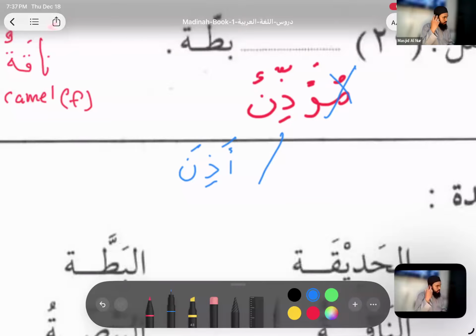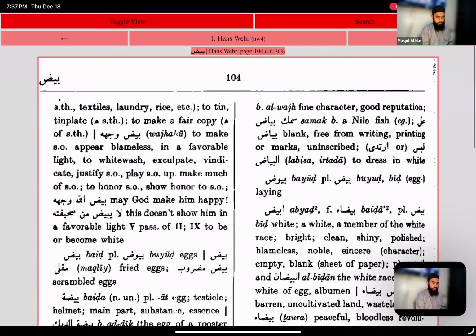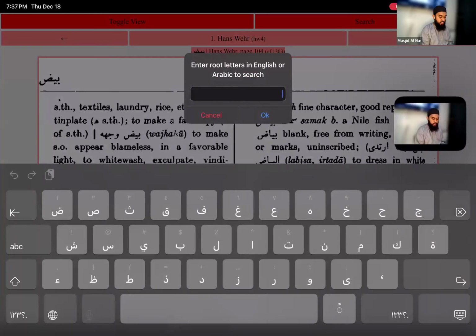It comes from the word ears as well. When you hear something, udhun, you hear a call. So adhina. Let's look for it right now. Let's punch that in. In the dictionary, it depends on the keyboard, guys. You have to actually punch in the Hamza. Can you guys see my keyboard? See what I'm changing? You have to hold on to that letter and punch in the Hamza.